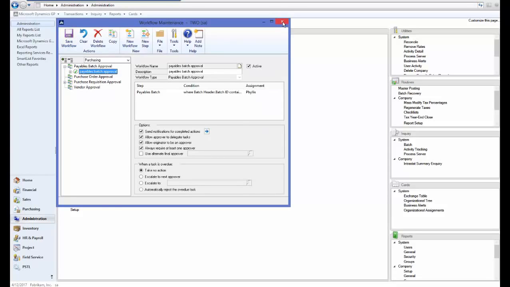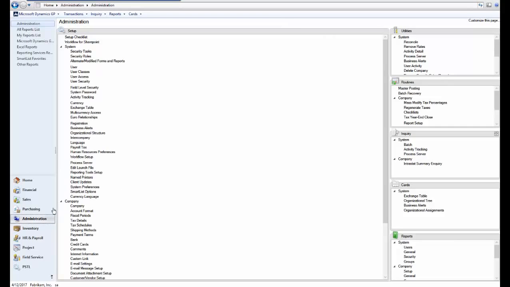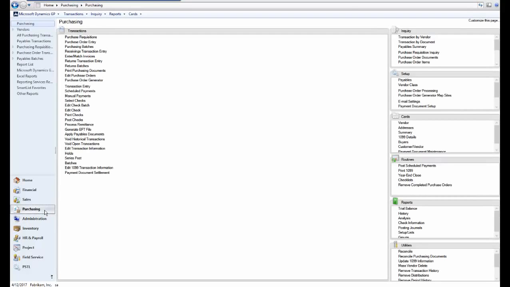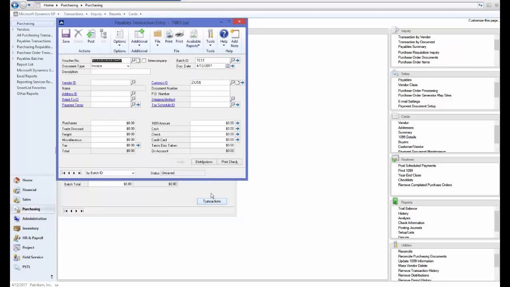And now I can close the window. So now let's go open up a purchasing batch. I'm going to click Purchasing, click Batches, and I can see that there's a ribbon now on this window. So let's create a batch, Test, Payables, Transaction Entry, click Transactions,